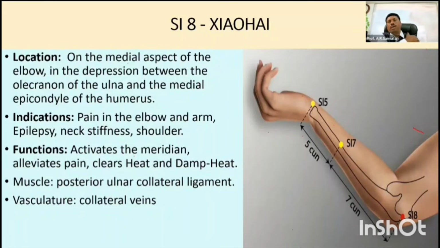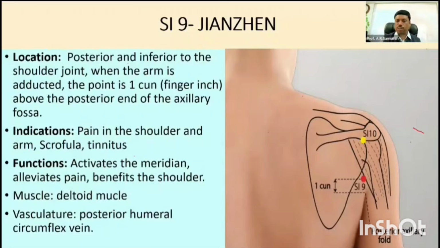By the way, there is some kind of burning sensation in my hand region, on my shoulder region. I do have the burning. That burning can be depleted by activating this point. Now I'll just quickly proceed. That point is known as Jianzhen. Then we'll go for the practical. There practically I'll try to teach you more related points.